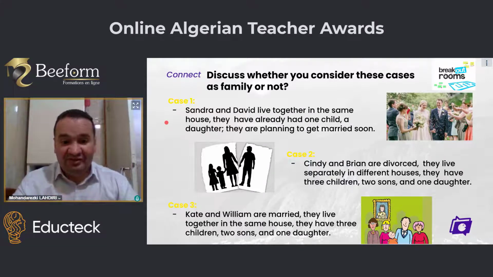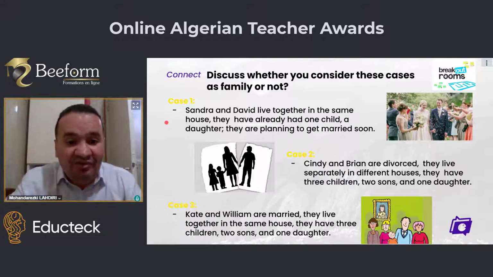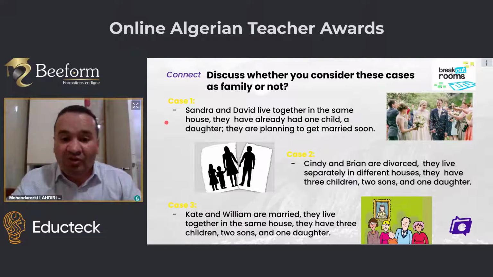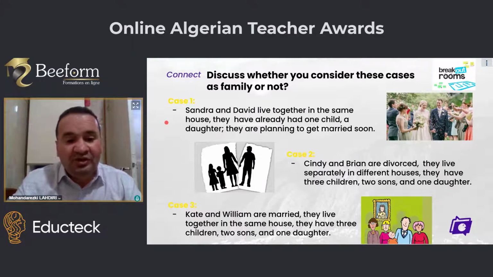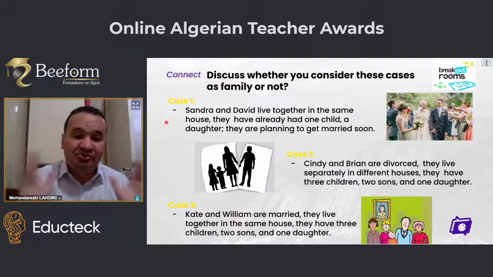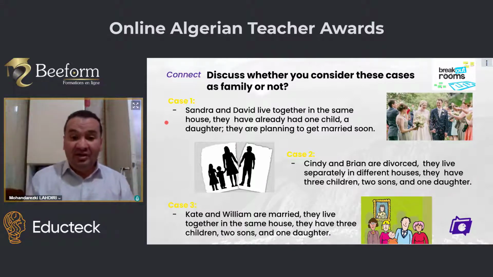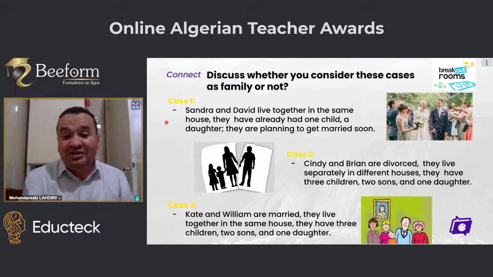They live together in the same house, and they have 3 children, 2 sons and 1 daughter. And here, of course, Kate and William are referred to the royal family just to make you think about it. Then my question, I would say, do you think this is a family? And I am sure most of you would say this is a family because you see that